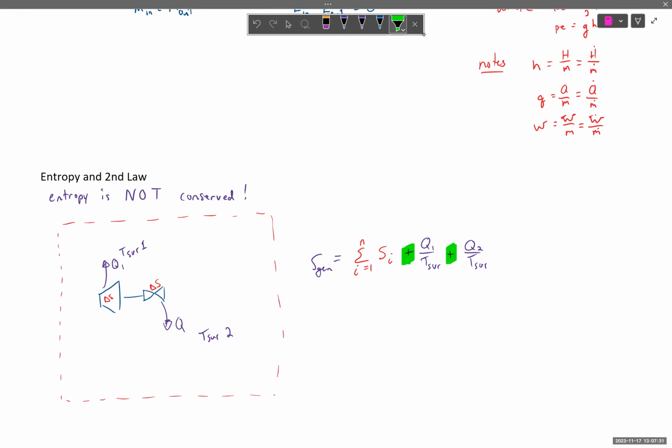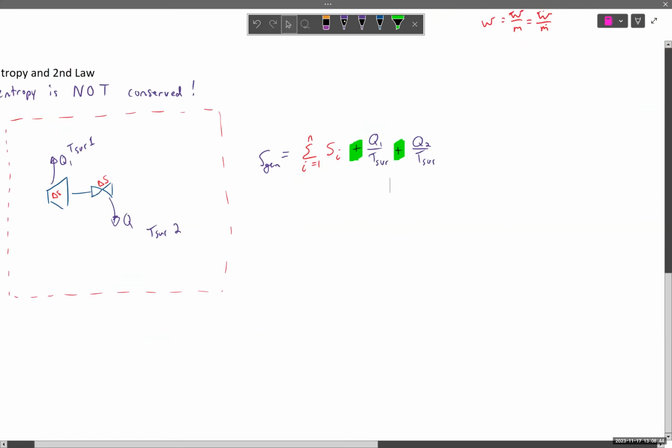And what we found from second law is that entropy generated must always be positive. So we're never going to decrease our entropy. Now the device could decrease entropy, but the overall system is not going to have a decrease in entropy. And we talked about